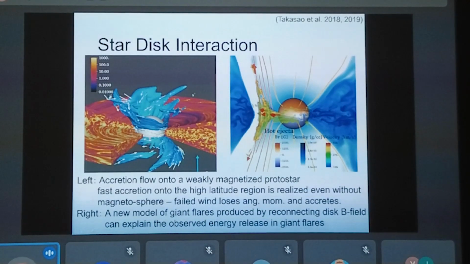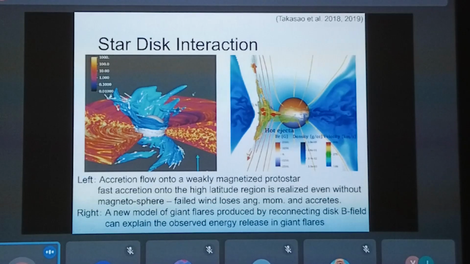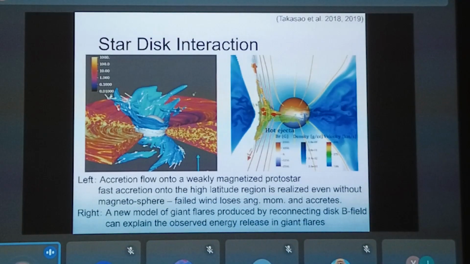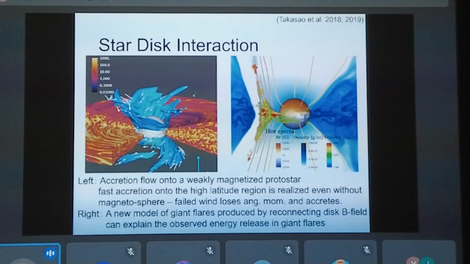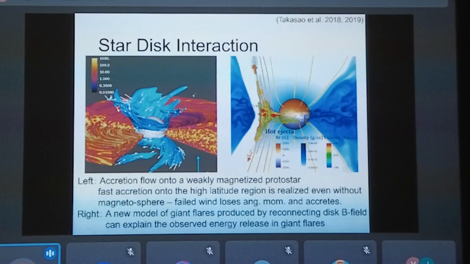So we found that accretion onto the polar region does not necessarily mean that there is a strong magnetosphere, and the failed wind can produce similar structures to this polar region accretion. So that's a new finding. This is in Takasao 2008.